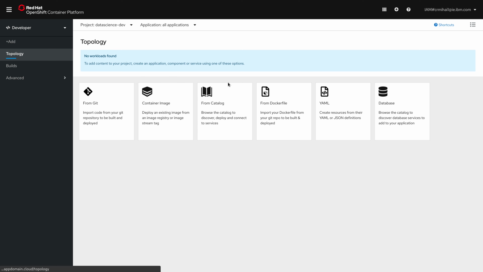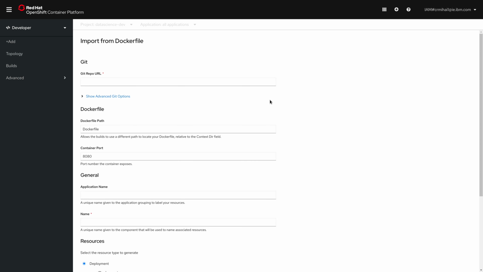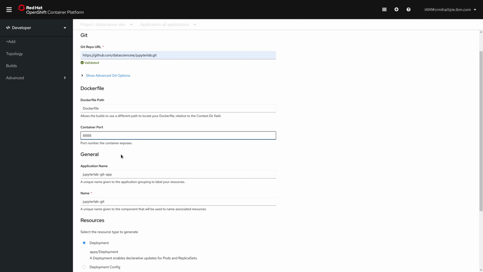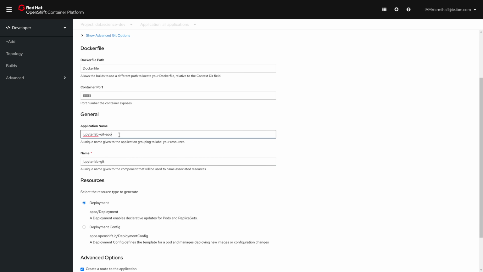Going back in my topology view, I'm going to select from Dockerfile. I'm going to give it the URL to my repository, which contains the Dockerfile, and specify the correct path. And I'm going to ensure the container port is the port on which my application will be listening. So it's the one inside the container. I'll also give it an application name. So I'm just going to call it Jupyter Lab, and I'm going to use a name that will be given